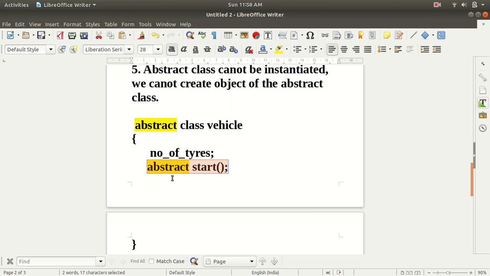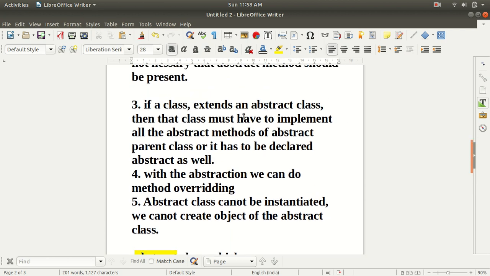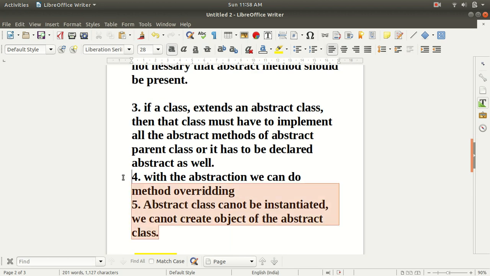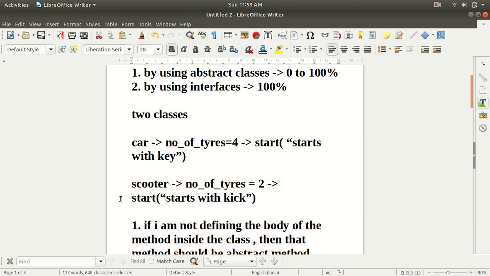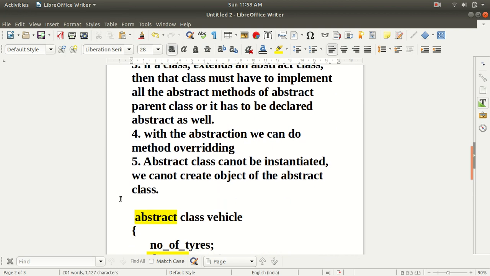And the abstract class can contain the abstract method and also the implemented method. It can contain fully implemented methods also and abstract methods also. Okay, so these are the 5 very important points to understand about abstraction, if we are achieving abstraction by the use of the abstract class and abstract method.